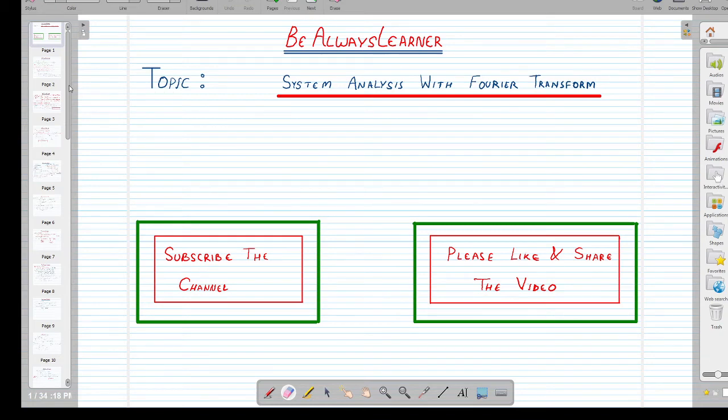विद द हेल्प ऑफ फोरियर ट्रांसफॉर्म। जब हम फोरियर ट्रांसफॉर्म यूज़ करते हैं तो हमें सिस्टम को अंडरस्टैंड करना पड़ता है फ्रीक्वेंसी डोमेन में। तो उसको अंडरस्टैंड करने के लिए हमने ये वीडियो बनाया है।